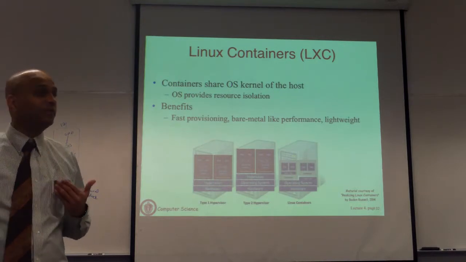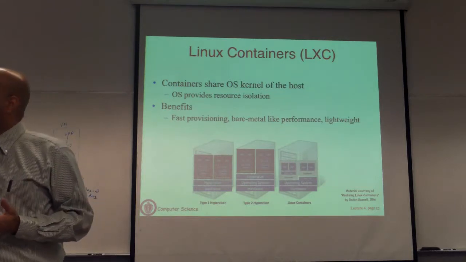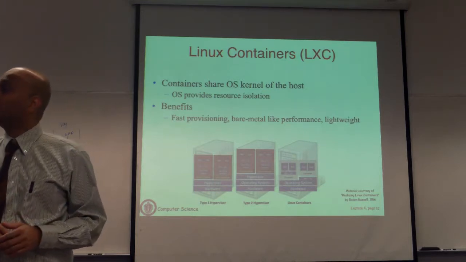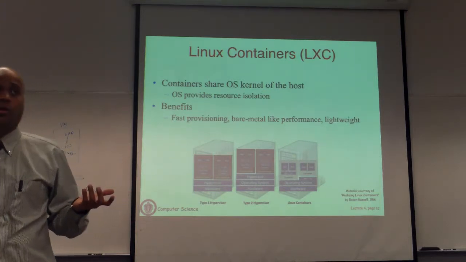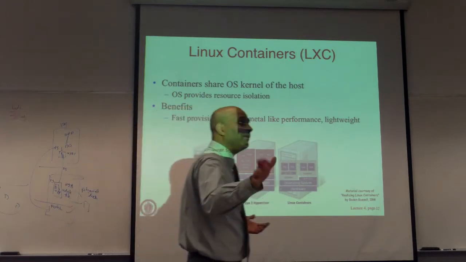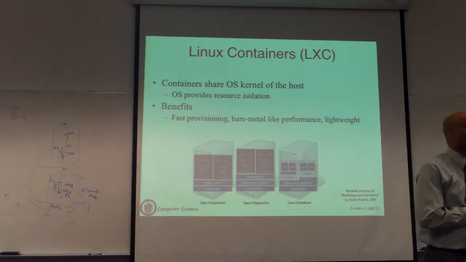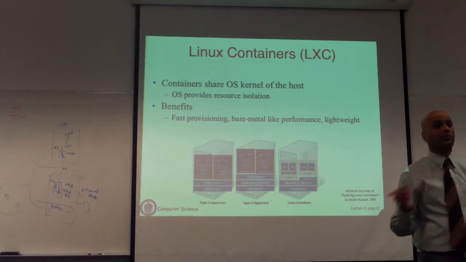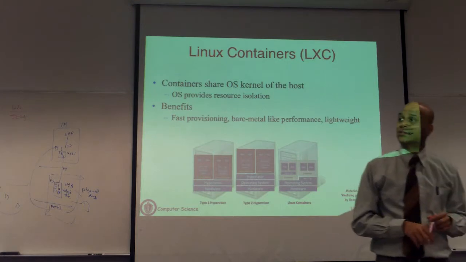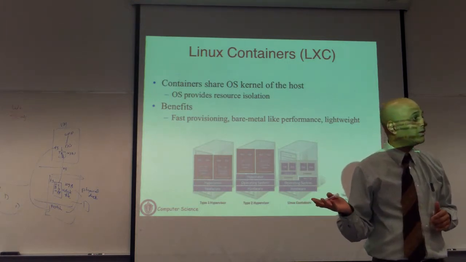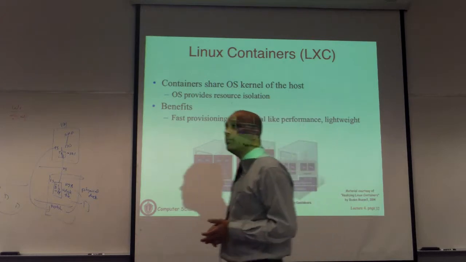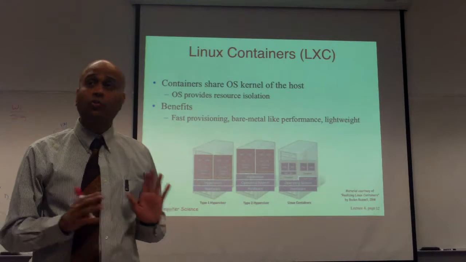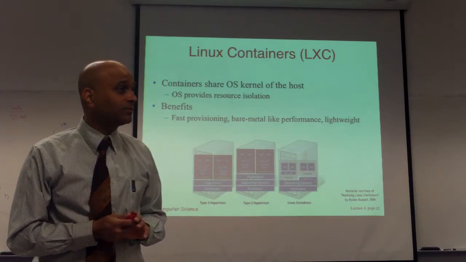but there is also more interference. If one container starts running heavy duty applications, other containers may get less CPU time if you did not put in a strong isolation. Or if you start allocating a lot of RAM, you may start hogging the RAM and impact the performance of other containers. Just as if you have two processes running on the native OS, one process suddenly takes over and starts doing a lot of computation, other processes see the impact. Same is true here. If you don't implement isolation mechanisms, the knobs are there, but it depends on how you configure them. And you may get loose or strong forms of isolation.